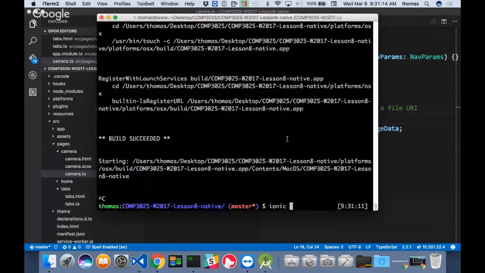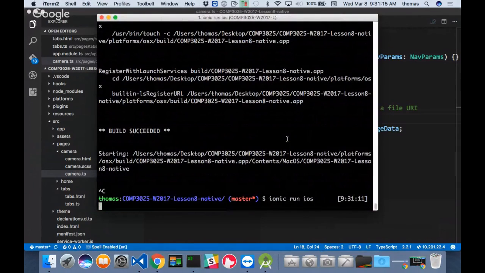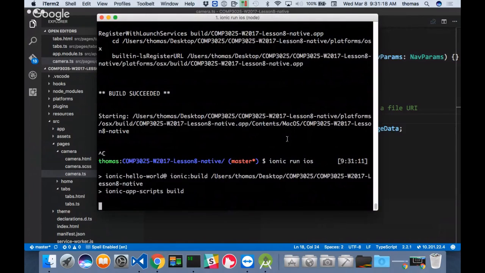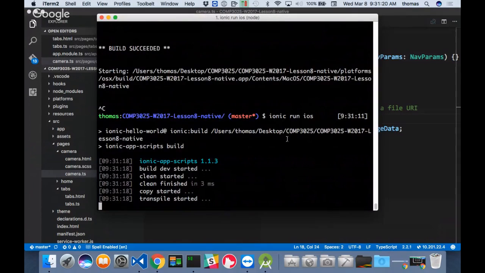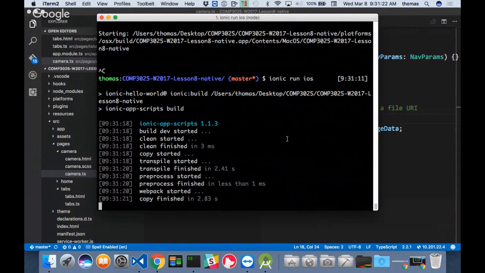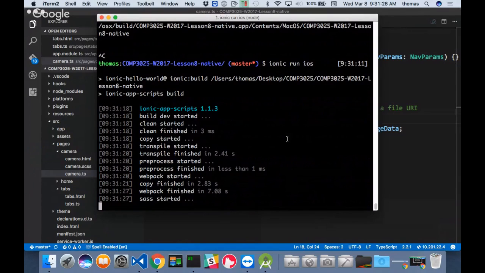So Ionic, run iOS. See if it gives me an issue there. It's not giving me an error. It's just not working, right? And I want you guys to help me out here, right? This is where